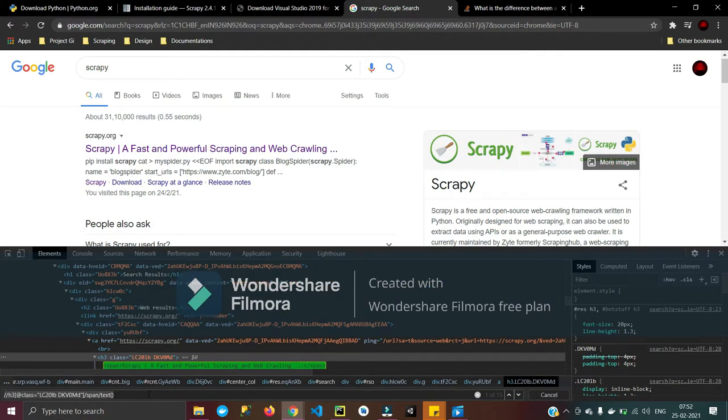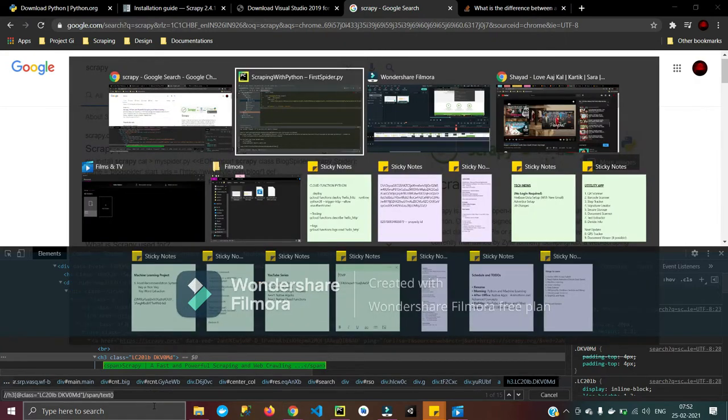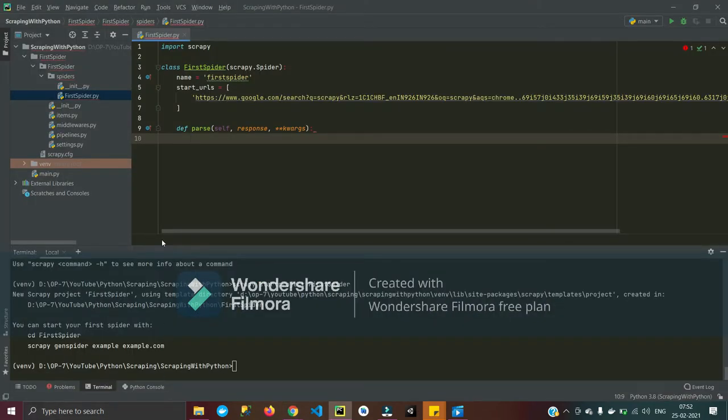And here I got the XPath and the square bracket one. It means you need to have only the first element of the h1 header, and to pass it. And now what we want to do,